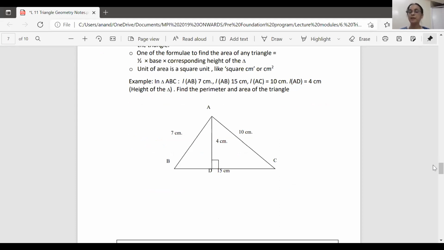So perimeter is the length of the border of any figure, whereas area is that part of the plane that is enclosed inside a figure, and therefore area will have two dimensions. I cannot just show it by length. And the formula for area of a triangle, there are many formulae. This is one